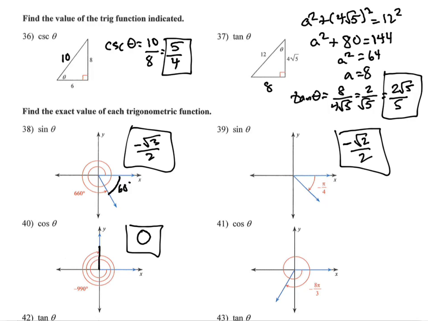Cosine of negative 8 pi over 3. Well, that's 9 pi over 3, which is 3 pi, so this is just pi over 3. Cosine of pi over 3 is like 60 degrees, will be 1/2, and cosine is negative in the third